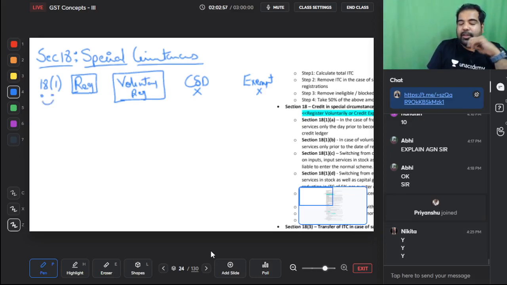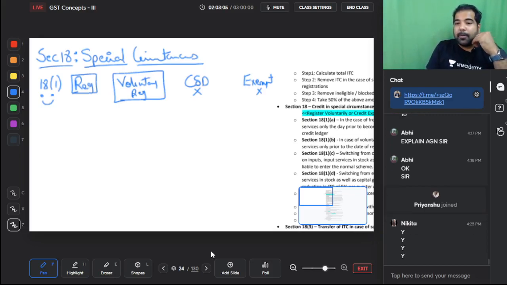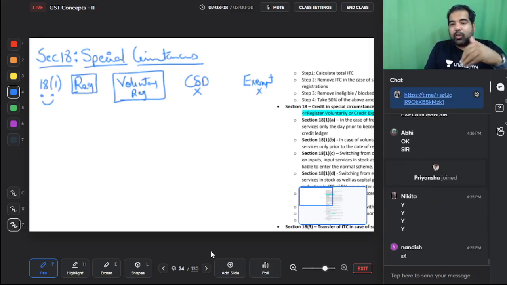And guys, if the government is smiling, will they give you credit from that day which you register or voluntarily register? Yes. But the problem is that you will give me credit. Let's say today is the day 27th Feb, where you get registered or voluntarily registered, or you come out of the composition scheme, or your supply becomes taxable. But what about my stock which I have? What about the inputs which I have in my stock? What about the batteries which I've already bought? What about their credit? The government says no problem, you are going to sell it now, and whenever you sell, I will get GST, so you can take credit also on the stock.